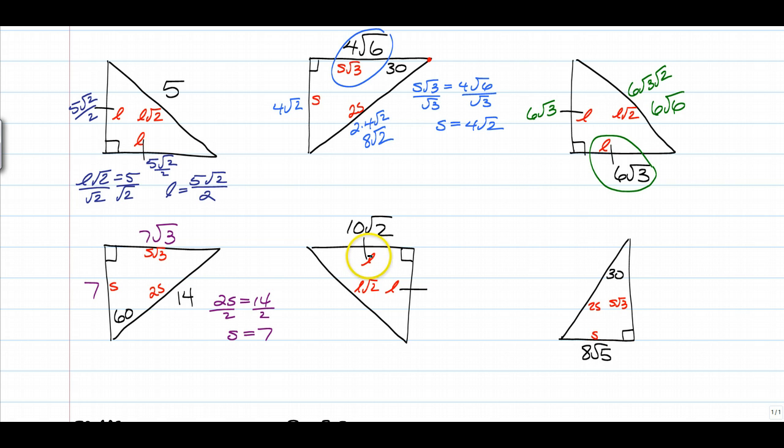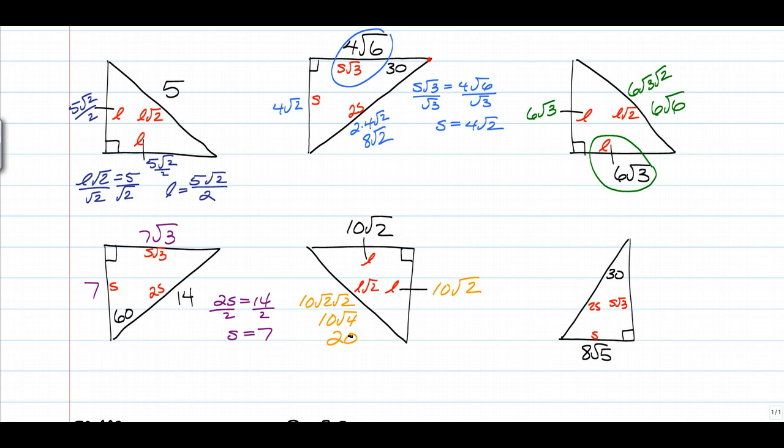Next one, we have an L, which is equal to 10 root 2. So this is another one of those nice examples where it's already done for you. So you have a 10 root 2 is equal to L, so here's another L, so here's a 10 root 2. Here is an L root 2, so you have a 10 root 2 times root 2, which happens to be 10 root 4. But of course the square root of 4 is 2, so this one actually simplifies all the way to